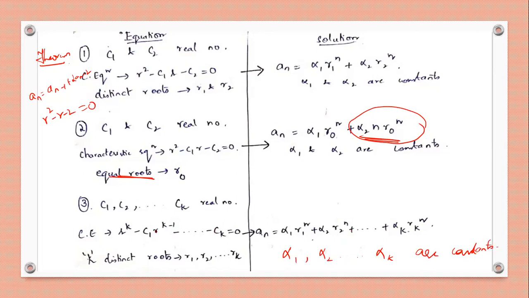Okay. So if C1, C2 and Ck are all real numbers and we get k distinct roots, then R1, R2 and so on up to Rk are the different roots. Then each root should be multiplied with a constant. It will be alpha 1, alpha 2 and alpha k. Now for the next theorem,